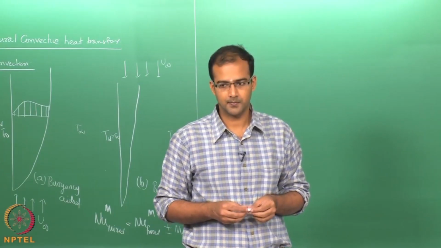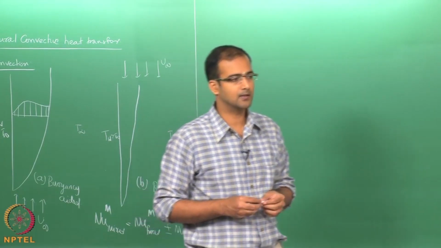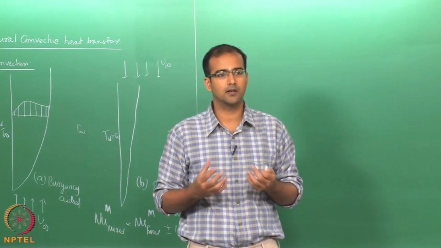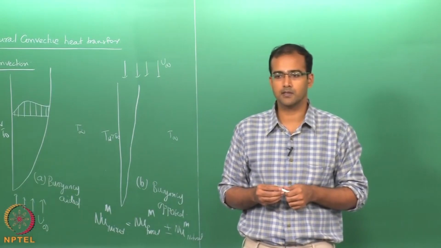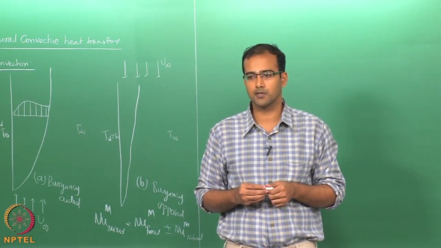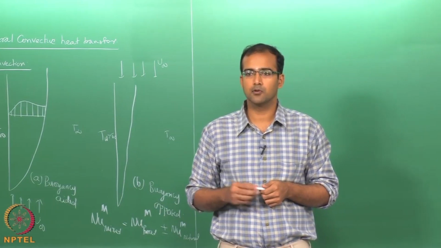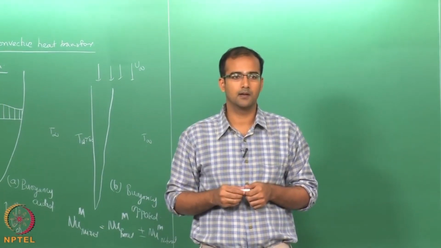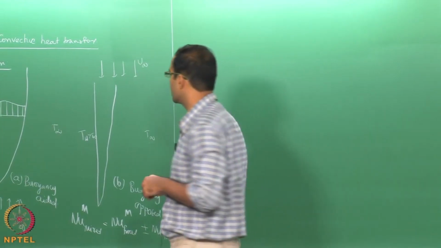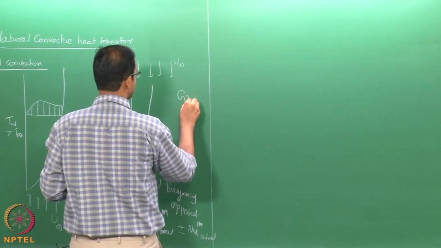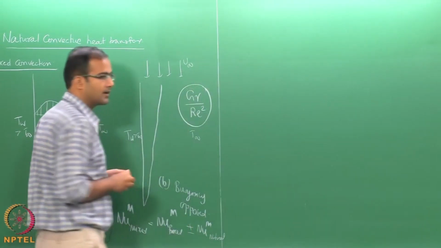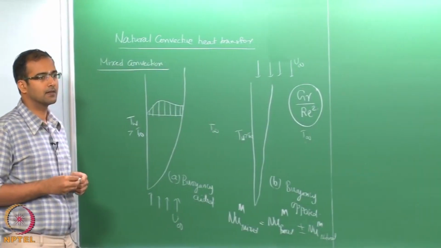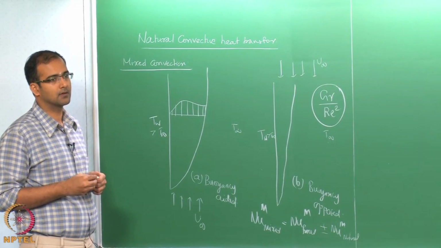So, good morning. Yesterday we started looking at fundamentals of how natural convective heat transfer occurs, and also we derived the governing equations and the non-dimensional form of the governing equations. We find that the more important term coming in the buoyancy force is the non-dimensional group, which is Grashof by Re square. So, this is an important non-dimensional parameter which is governing basically the strength of natural convection with respect to